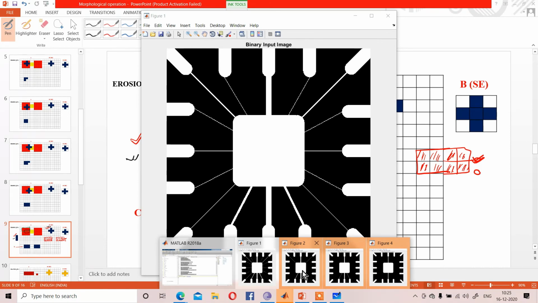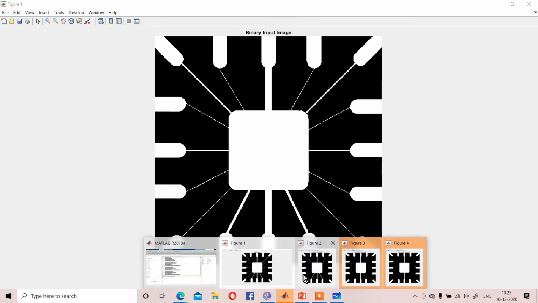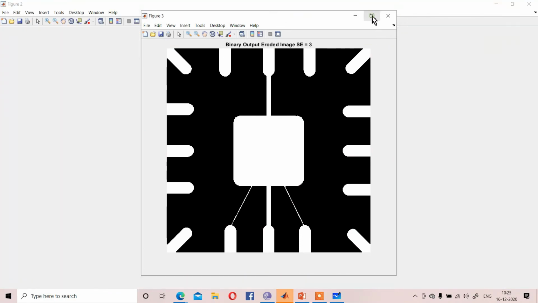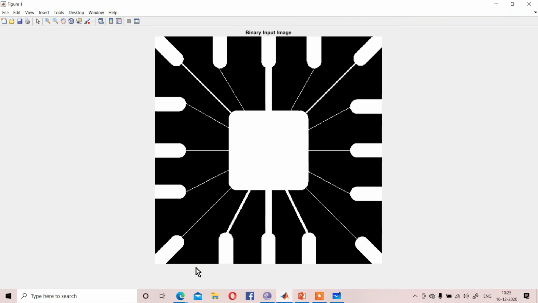Okay, so that is what happens in erosion. I gave you an example here. You can check it. The first one is your input image, and obviously keep in mind, whenever you are using the structuring element, the image must be binary, because the structuring element is defined by 0 and 1. So the input image must be binary. So first, the binary image is that.